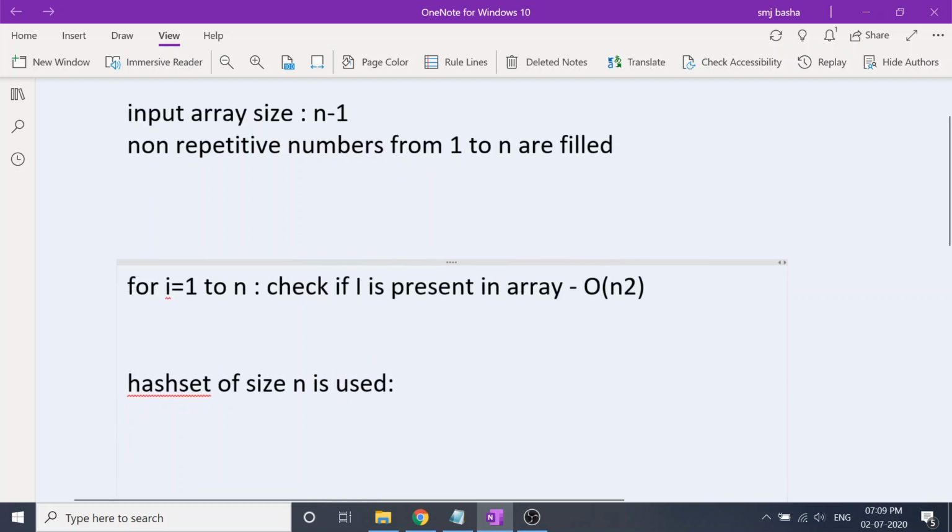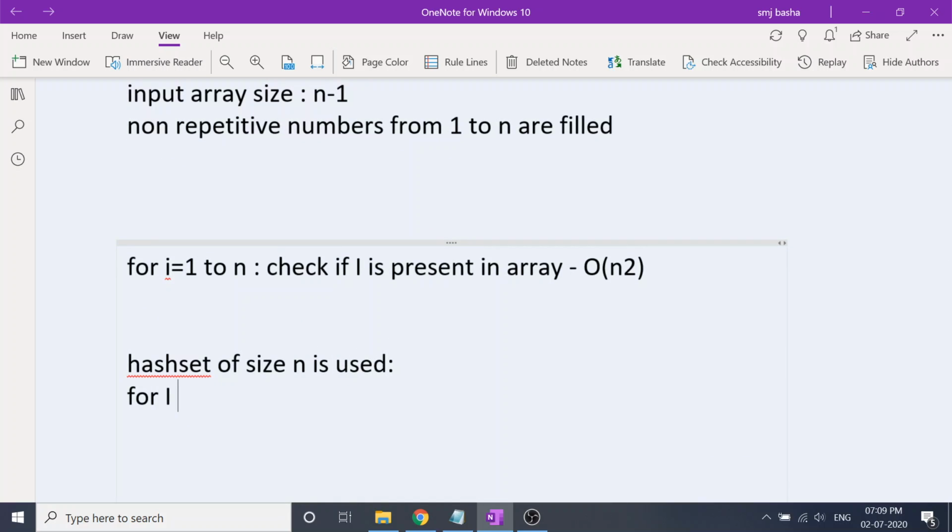Okay, so for i from 0 to n minus 1. To have a proper lookup in the hash set, first I need to add all elements to my set, right? So the first loop will be the logic to add all my elements into the hash set.